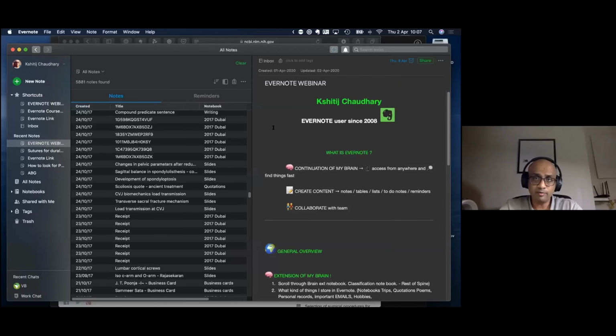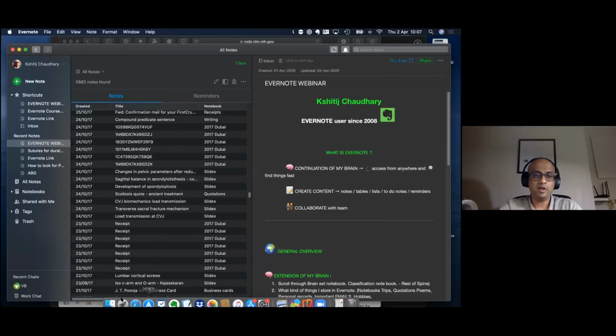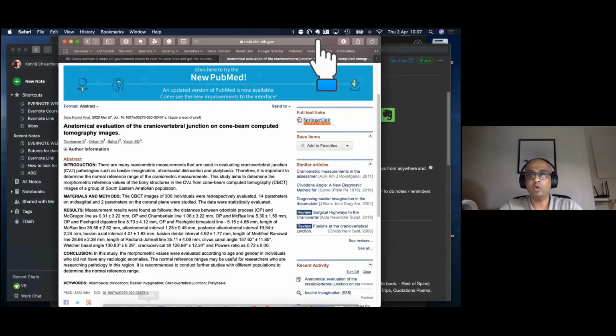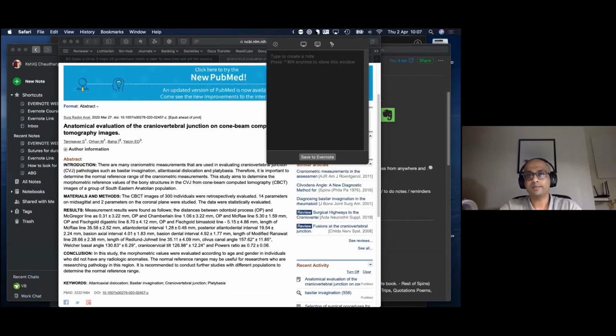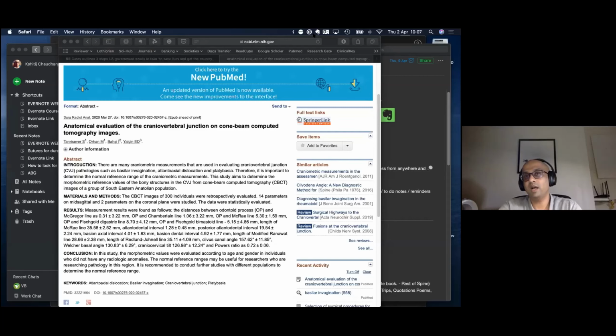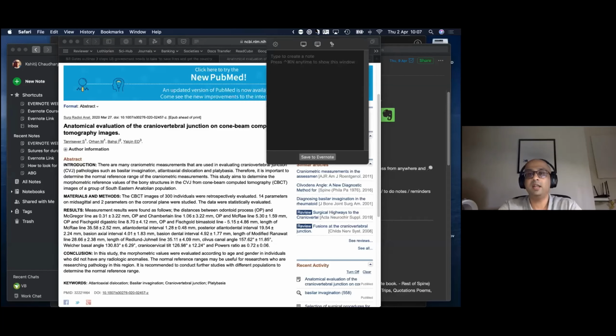Another way of putting stuff in Evernote is using this menu bar helper. You can click on this menu bar helper and then just say, remember to get water, right? So you can save a note as simple as that in Evernote, or you can clip a rectangle.